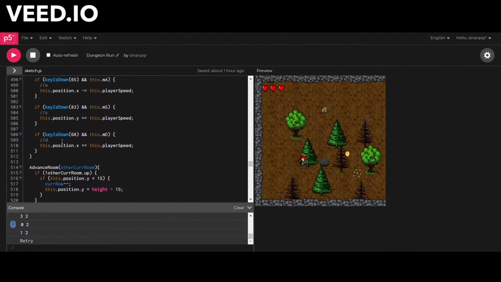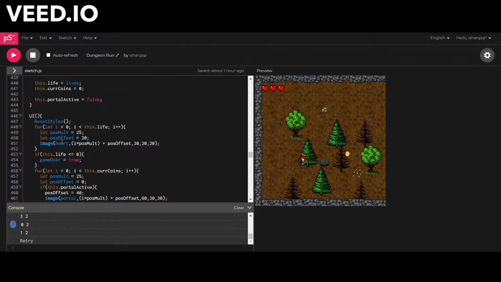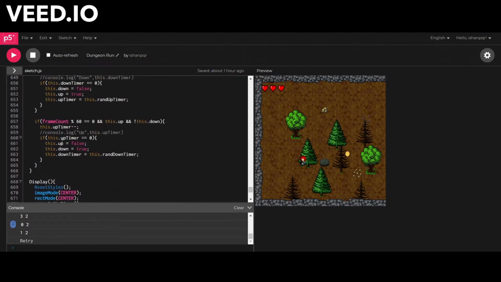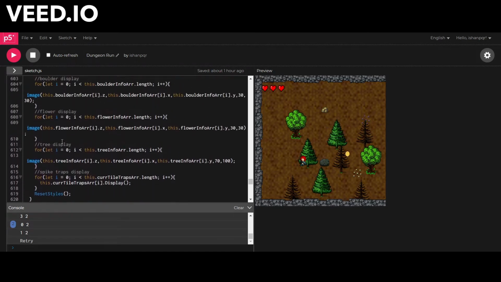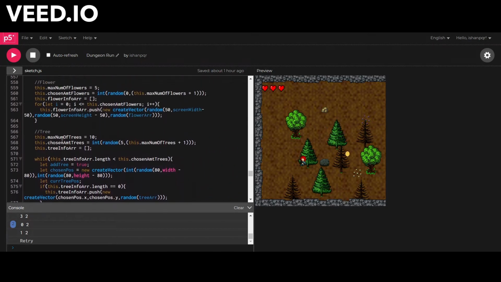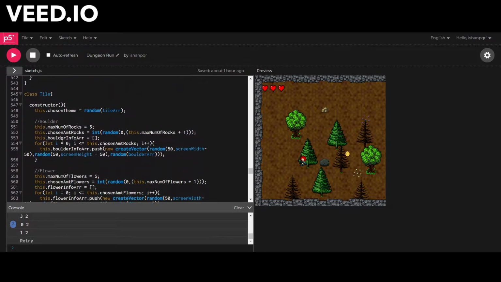So if I go into the tile class over here, right here. So I have a section in the constructor for each object. So they follow the same pattern. So for example, boulders. First, I set that I want a maximum of 5 rocks in a room, and then